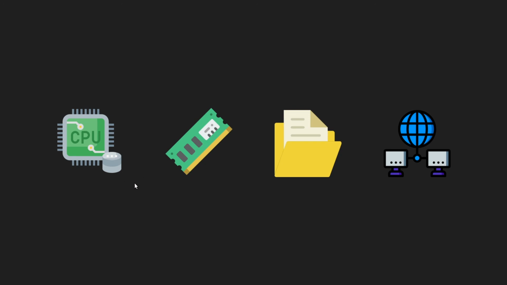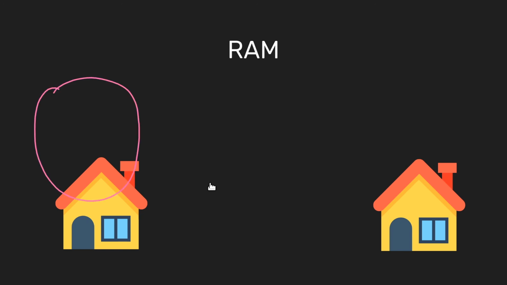So CPU is equivalent to accessing data from inside the same house. You should be aware by now that the CPU performs every operation on the computer, be it arithmetic operations or some logic, if-else conditions, whatever it is, it's all executed by the CPU. So if data is closer to the CPU, it tends to be processed faster. So think of the CPU like accessing data from inside the very same house. Now RAM is equivalent to accessing data from your neighbor's house.